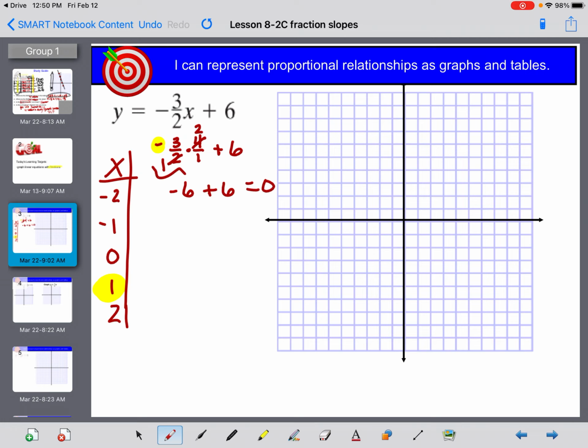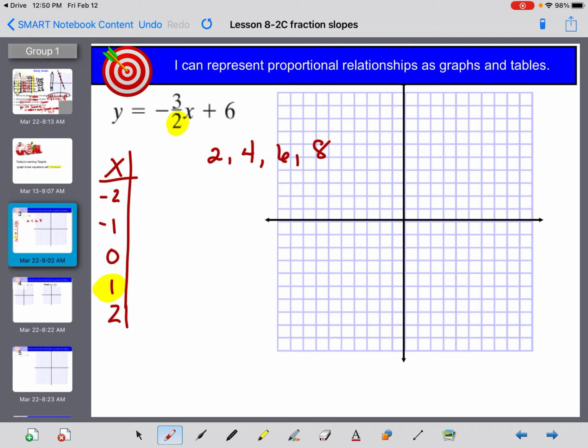Do you see how the very first step was to choose a value for x so that my fraction goes away? And that's what your job is today. That's the whole lesson. So how do I know if the fraction will go away? The key is in the denominator. If the denominator is 2, I want you to choose numbers that are multiples of 2. So in this case, let's choose 2, 4, 6, 8,